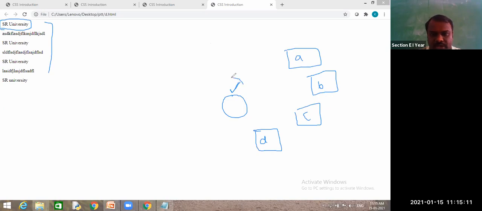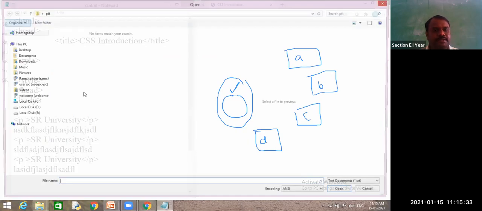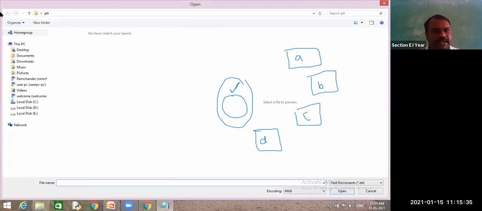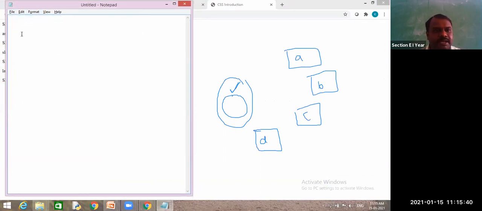Okay, now I am going to write this. See, listen. How do I write? File, new file. So this is an empty file and I need to write properties. How do I write properties?